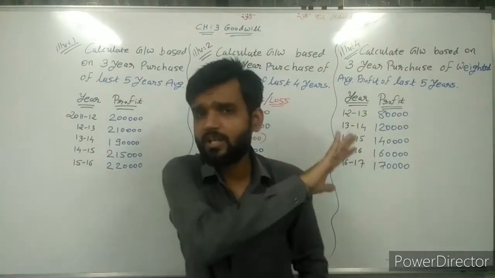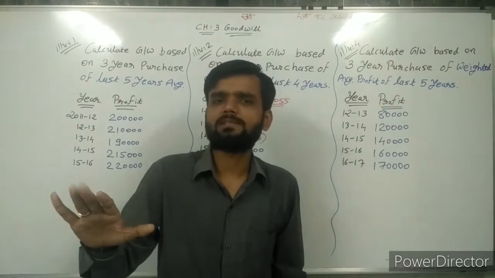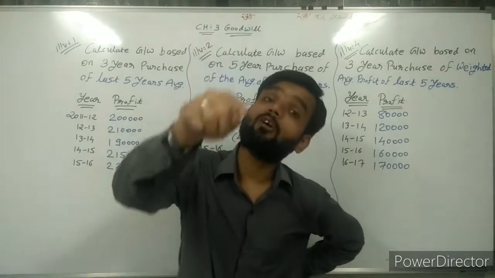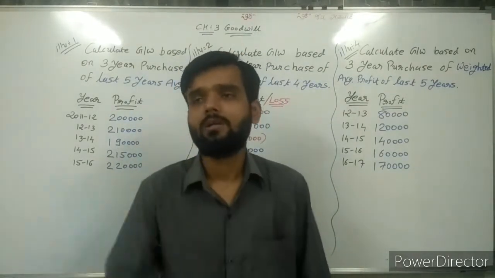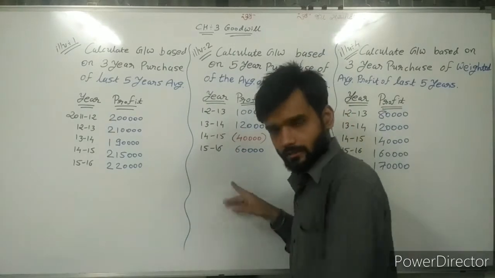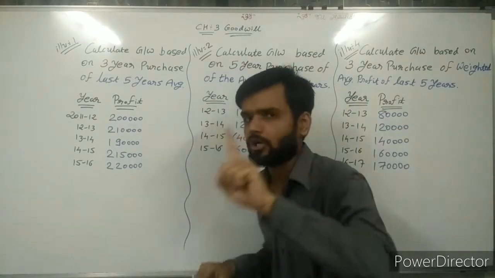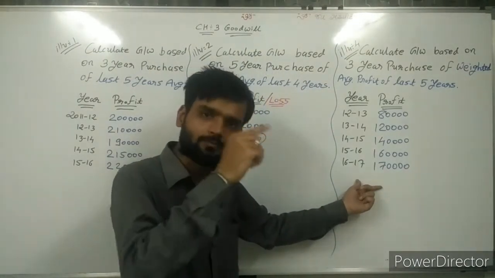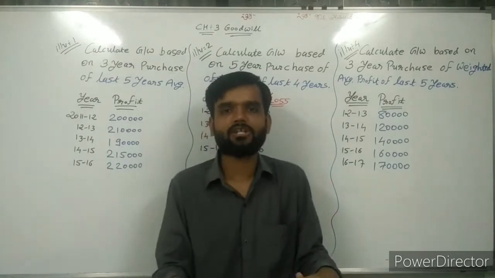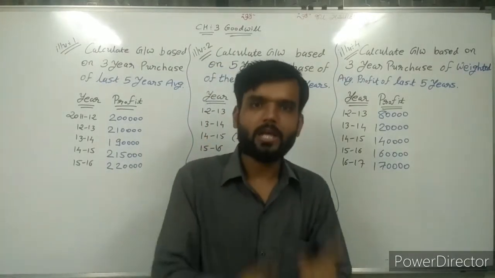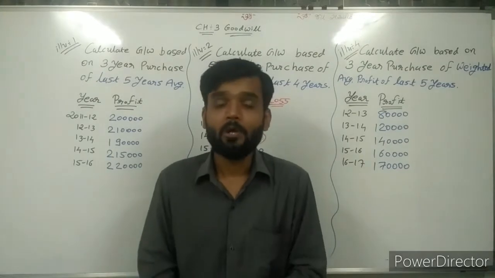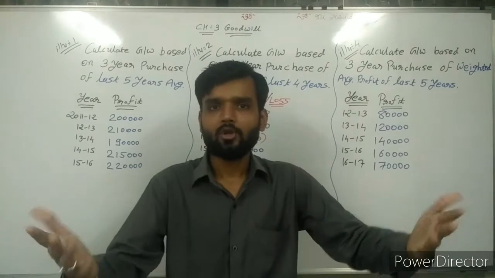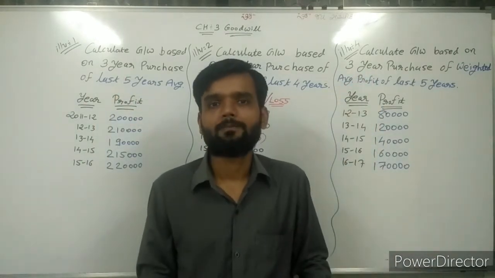And if profit is not continuously increasing, at that time we cannot give weight. So at that time we have to use the simple average method. So in these two situations, for these two firms, we cannot give weight. And in the third situation we can give weight. Now this is the clarification of when we can give weight and when we cannot give weight, when the simple average method can be used, and when the weighted average method can be used. So this is the clarification.